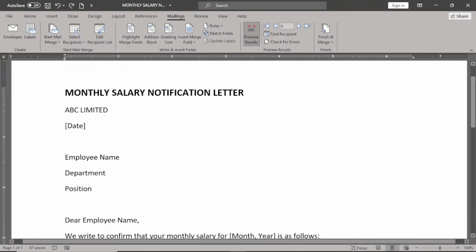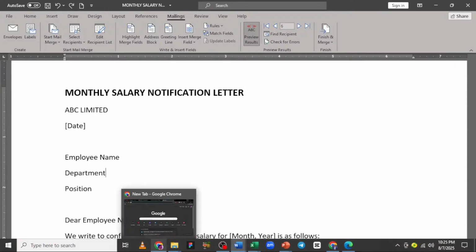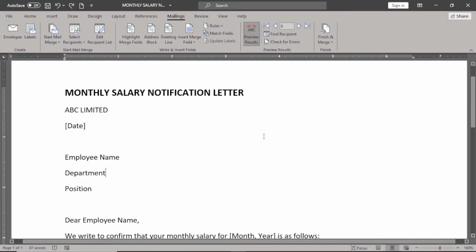I believe it is on this particular monthly salary notification. Now what I was saying is this. The same way we did in the certificate, yes, monthly salary, I think so. So the same way in this aspect, the same way we did in the certificate here is the same way we are going to